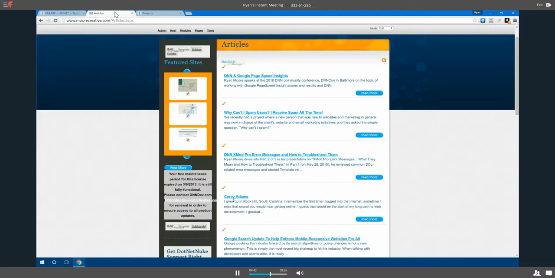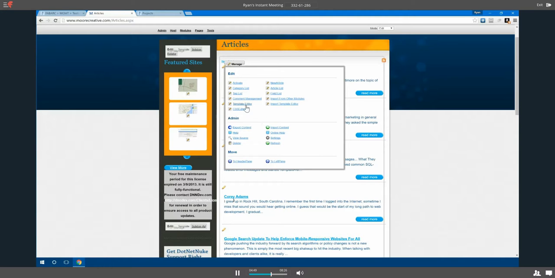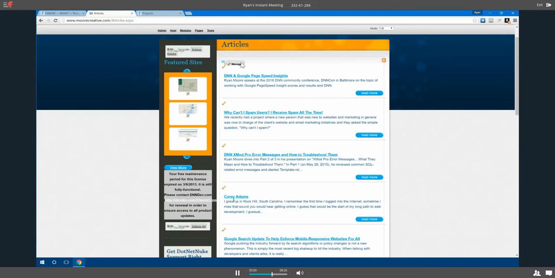Another common module that we use is an article module. The article module similarly has many options available to it when you use the management item to get a hold of the options. One of those is going to be to create a new article. Similarly, though, you'll notice that it has new article as a link at the top of the module when you're logged in as an administrator,